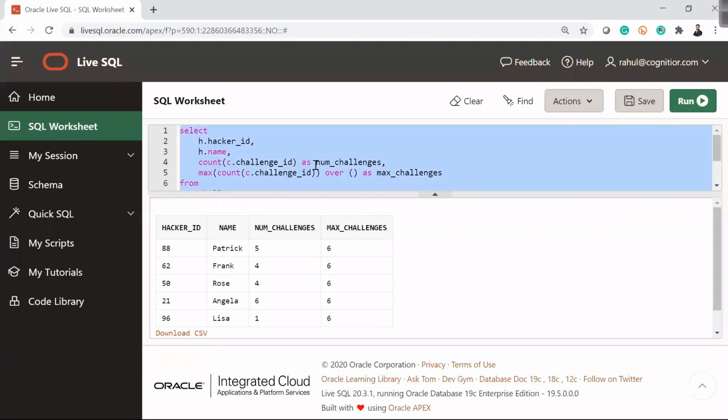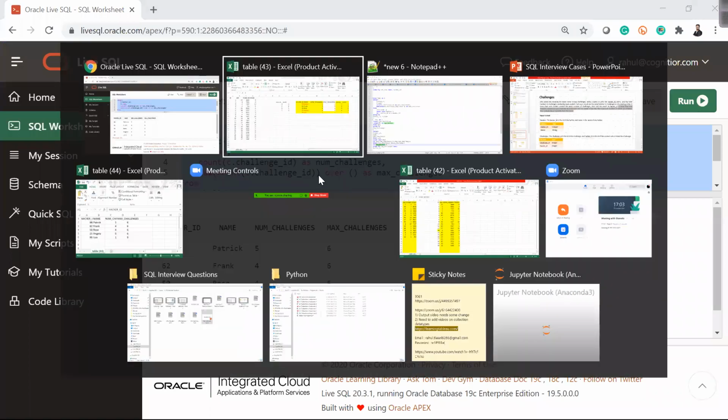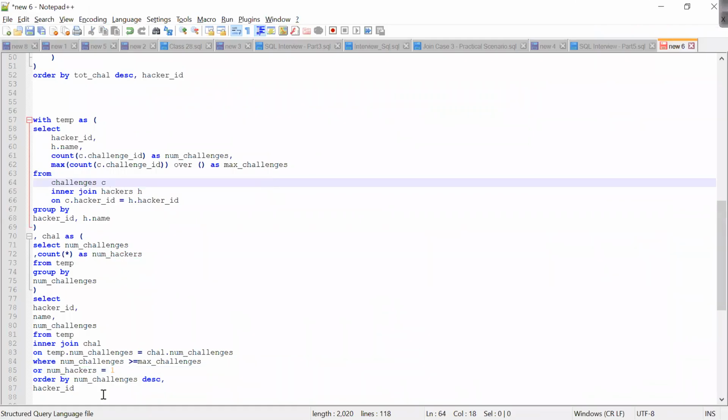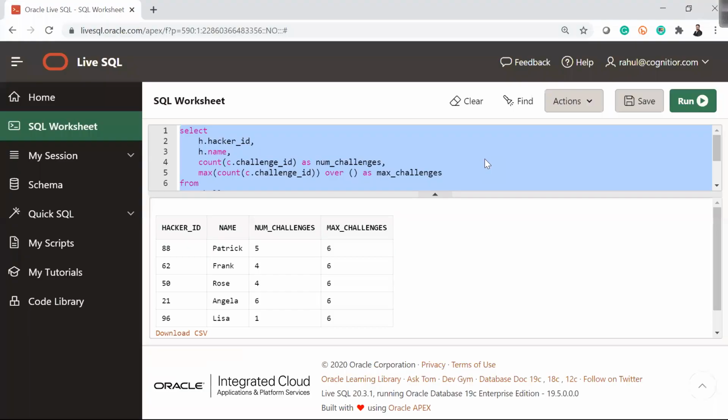So when I run this big query, it will give me the relevant output.